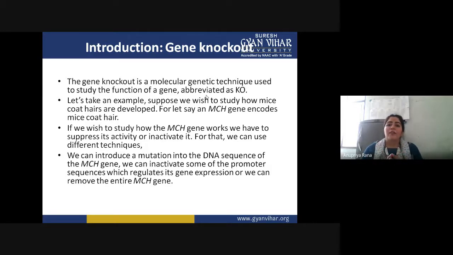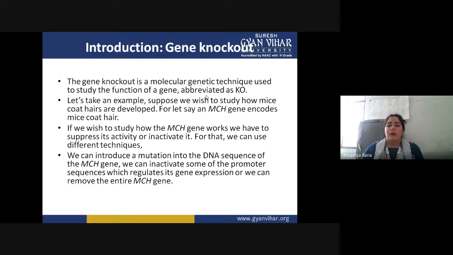So when we are not 100% sure of getting a variation in the phenotype, we call it the gene knockdown process. In the gene knockout process, there is 100% surety of getting a variation inside a phenotype. Is this clear, the difference between gene knockout and gene knockdown? In knockdown there is no 100% surety, but in gene knockout there is 100% surety of getting a phenotypic variation in a particular gene.